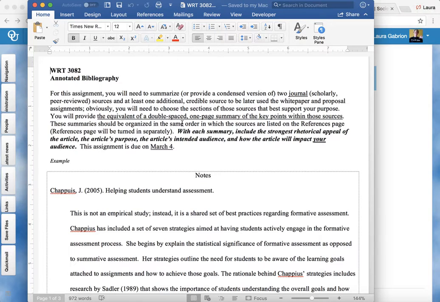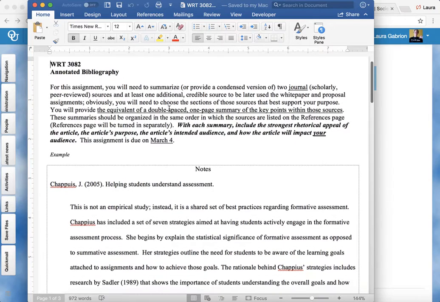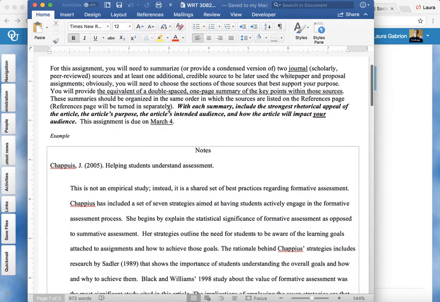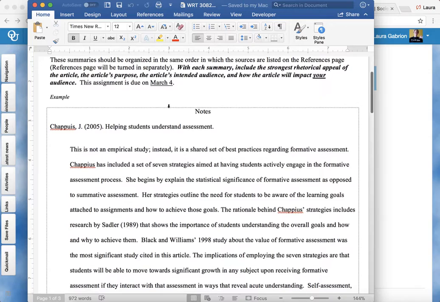What I want you to think about is obviously sources that allow us to understand whatever the particular issue is that you're going to write about, whether it's in a workplace setting or in an academic setting, and what can provide you with the background for that. So the scholarly research, as well as, here I'm asking you to do 2 scholarly and 1 additional, but you can have up to 4 sources for this particular paper. You don't have to do more than 3 for this annotated bibliography.